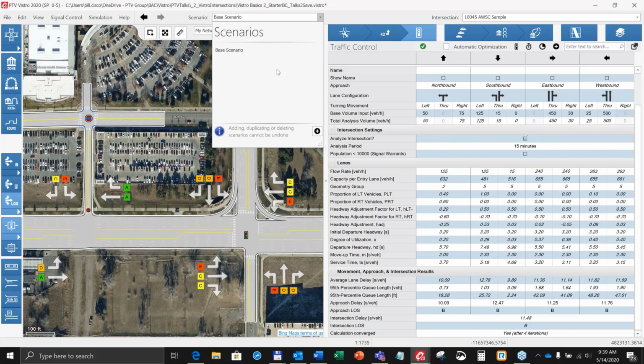So you may have project scenarios that involve restriping or widening or retiming, or you may have scenarios that involve adding new trips to your network because there's a development that you're analyzing the potential effects of, like a new Home Depot or something of the sort. At any rate, what you would do in your scenario manager here is begin by clicking this